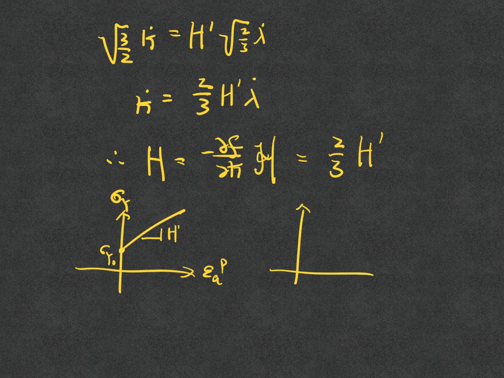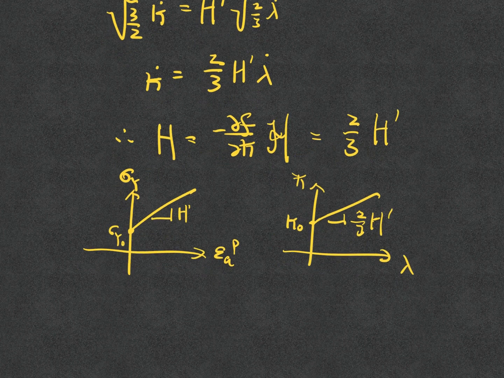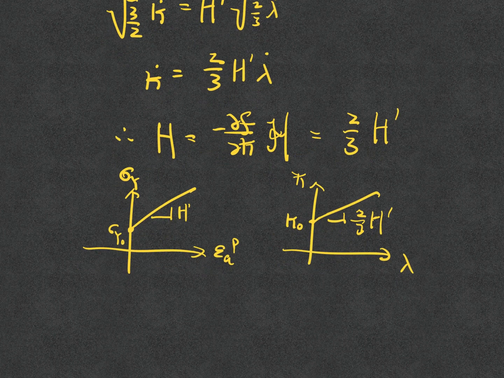If I look at it from the plastic multiplier point of view, then I have kappa, and initially the yield surface has this radius, and it will grow by 2 divided by 3 times h prime. Or actually, sorry, I need to write it more carefully. Anyway, that would be the way to determine the